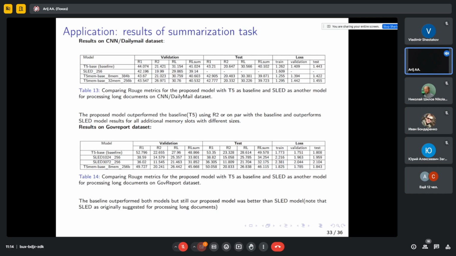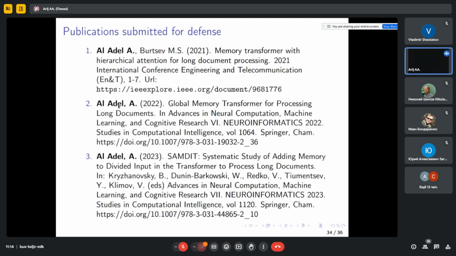This is the results. So the comparable results here emphasize the efficiency of the proposed model. Finally, with the publications submitted for the defense, there are 3 publications. First publication was dedicated for the first modifications applied into translation task. Second publication was dedicated into the second group of modifications and their applications on mask language modeling and question answering